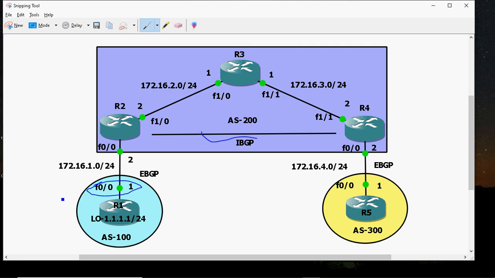So there are two options. Either this network can be advertised through BGP or IGP, or we can use next-hop-self. The best practice is to go for next-hop-self instead of advertising this network. In BGP by default the next hop IP won't change. So that's why in the R4 router also the next hop is the same, 172.16.1.1. So go to the R2 router and configure next-hop-self, and the same on the R4 router also.